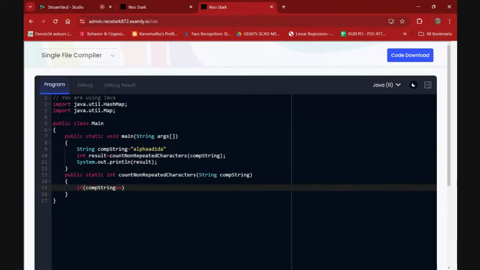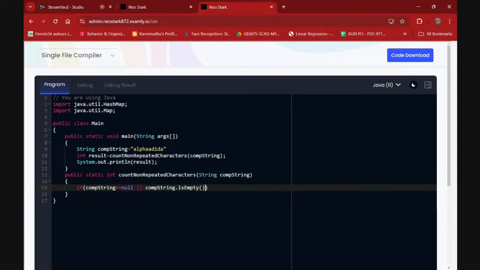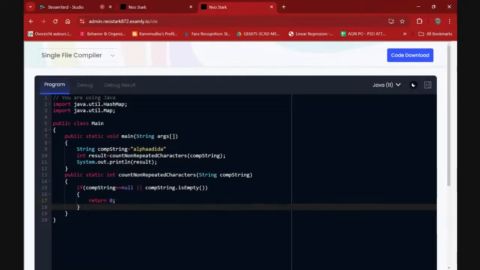I will check whether my input string is equal to null, or you can even use the function comp string dot is empty. Both these can be used to check if my string is empty. If that is the case, then I have to return 0.